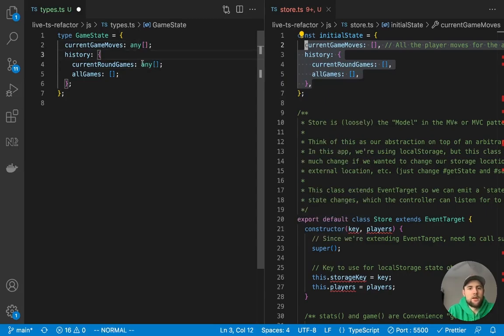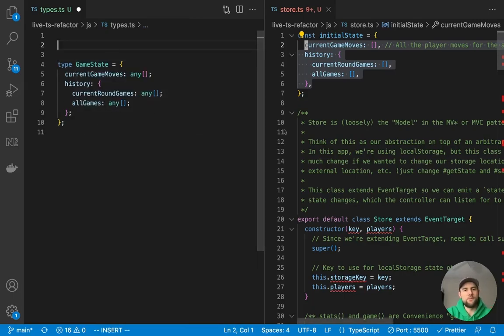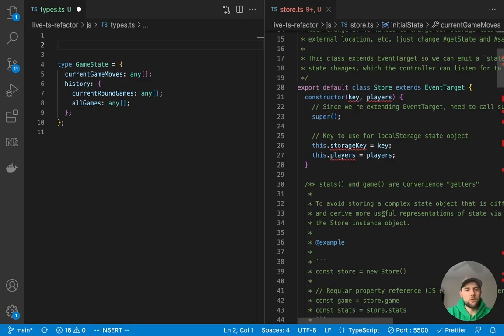So it's going to be an array that has objects that have any shape. So this is just our starting point. Now we need to define all of these types right here. This is kind of our final thing that we need to get to, but we need to decompose our types into smaller units so that we can pass them around our files a little bit easier.